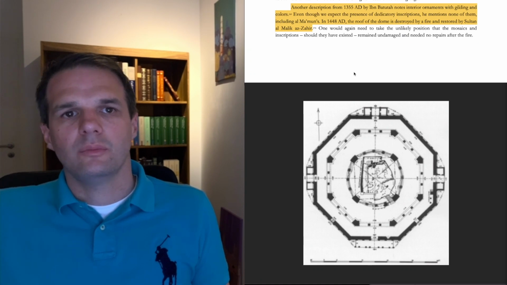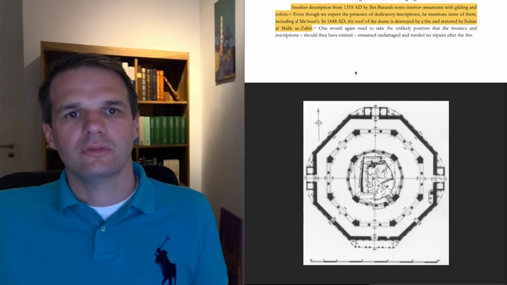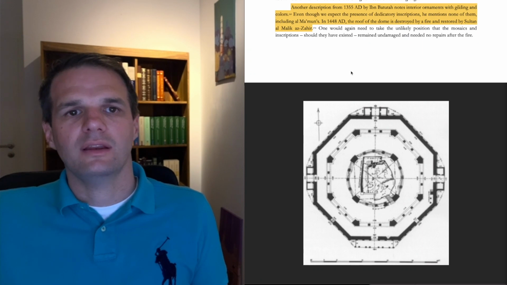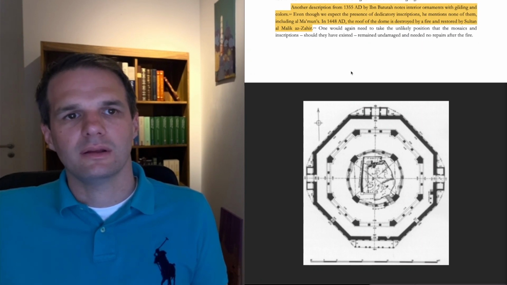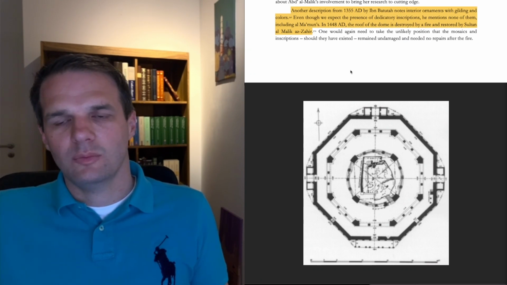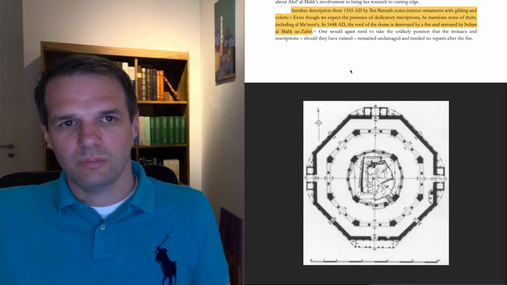Another description from 1355 by Ibn Battuta notes interior ornaments with gilding and colors. Even though we expect the presence of dedicatory inscriptions, he mentions none of them, including al-Mamun's. In 1448 AD, the roof of the dome is destroyed by a fire and restored by Sultan al-Malik az-Zahir. Okay, so why don't we hear about these dedicatory inscriptions? It's actually a good question. We just don't know. But the thing is,